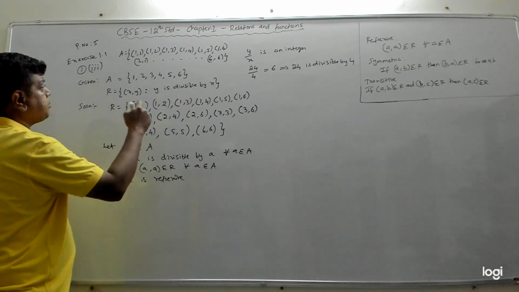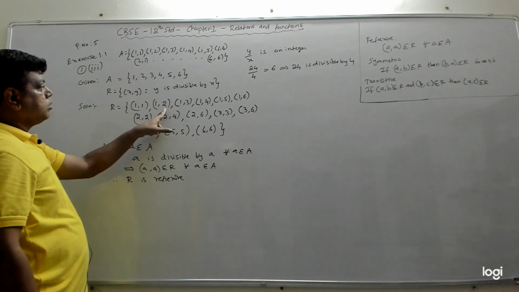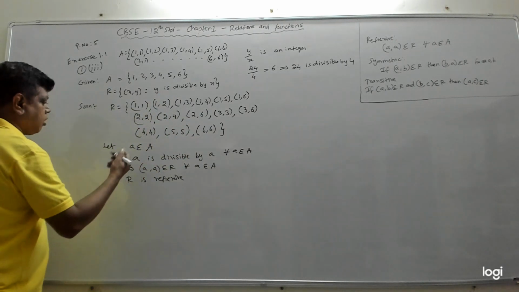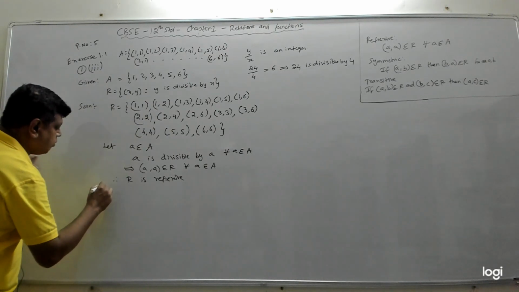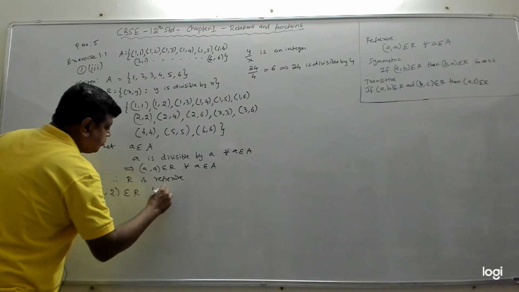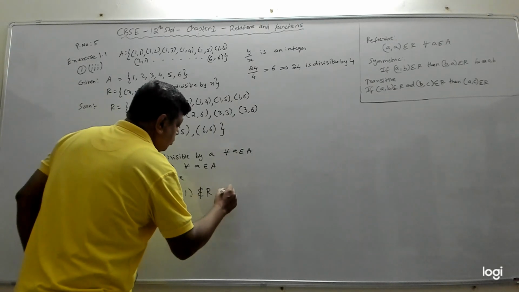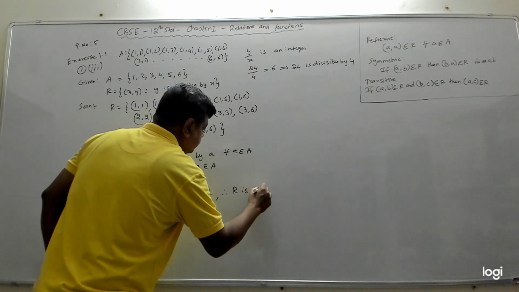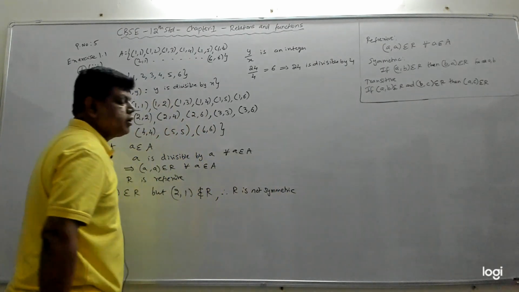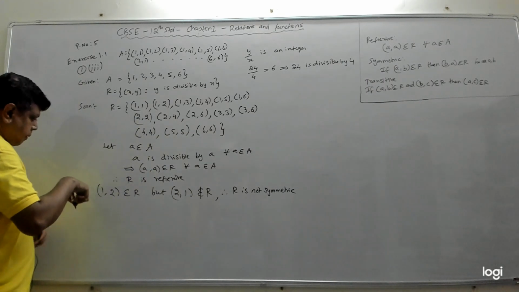Now, how do we check whether it is symmetric or not? Let's take one element. So, (1, 2) is there. Is (2, 1) there? No, (2, 1) is not there. So, we can say (1, 2) belongs to R, but (2, 1) does not belong to R. Therefore, R is not symmetric. Fine. Then the next one is